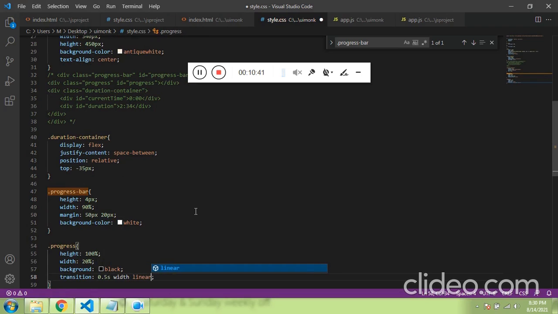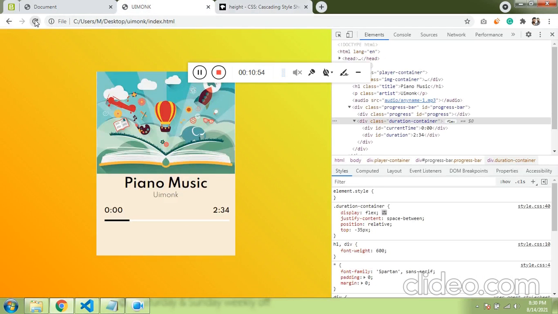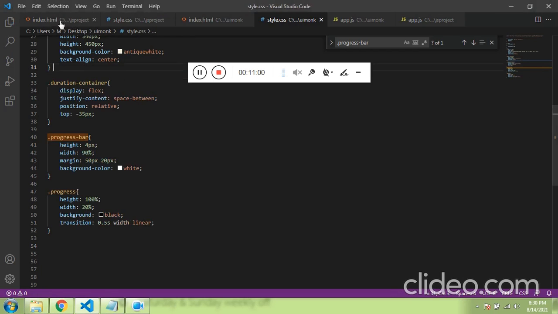So you see, for every second the width is going to get increased, because it is the progress bar of the audio, so we want it in this way. Cool. Refresh this. Now let's get the audio. We are done for this.